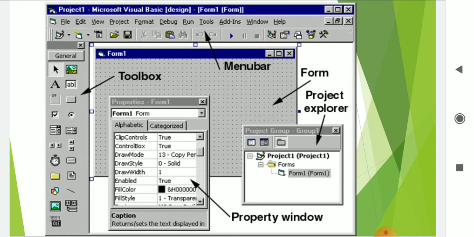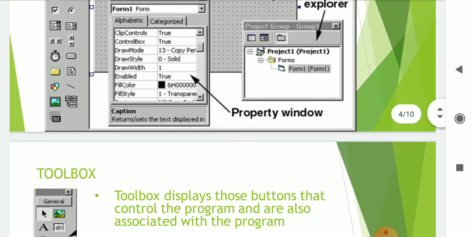Then the particular components will be added on the form, form 1. Then if you want to change the property of the particular object, then you have the property window. How many forms you have created, this will be in project explorer. So here we are going in depth.